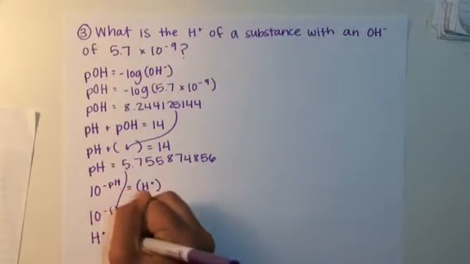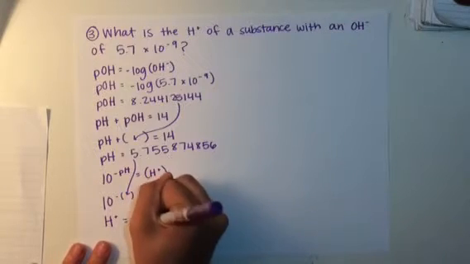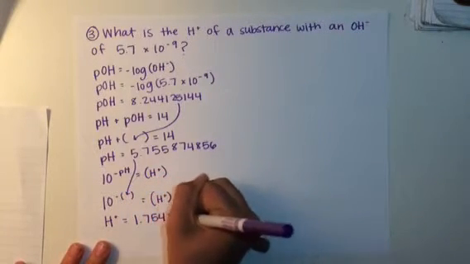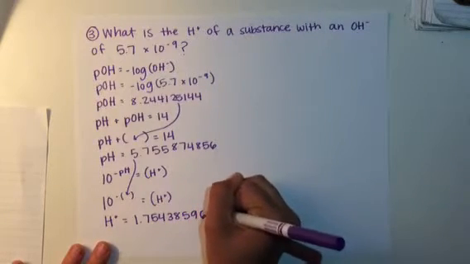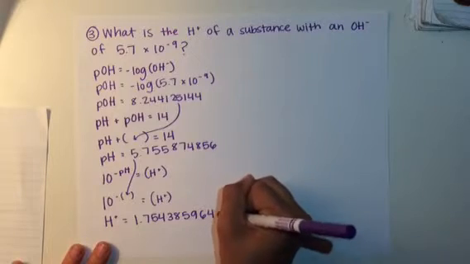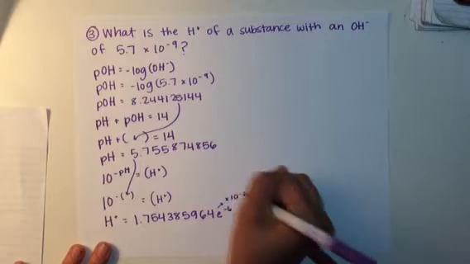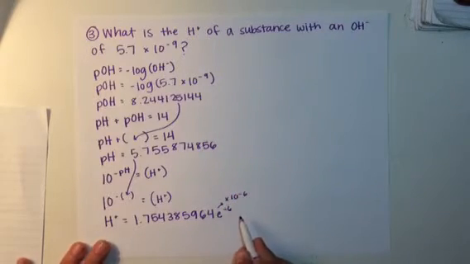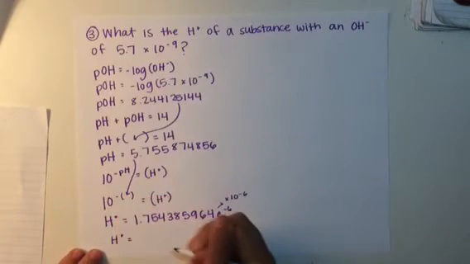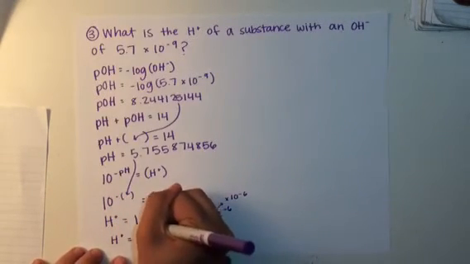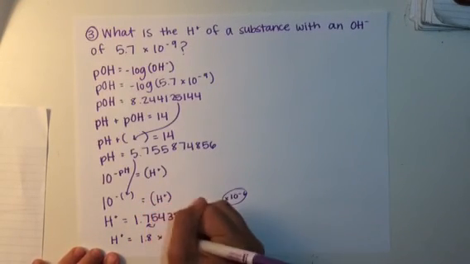So then H plus equals 1.754385964 e to the negative 6, which once again just means times 10 to the negative 6. Now you guys already know we'll have to round that to sig figs. There's 2 sig figs here. So H plus equals, this will round up, 1.8, then we add this, times 10 to